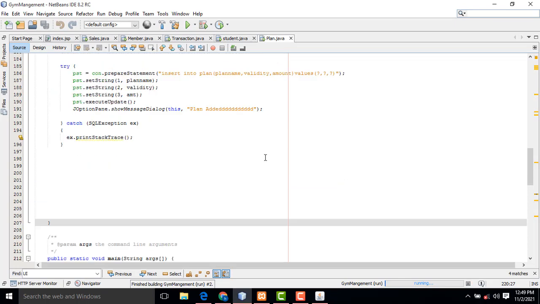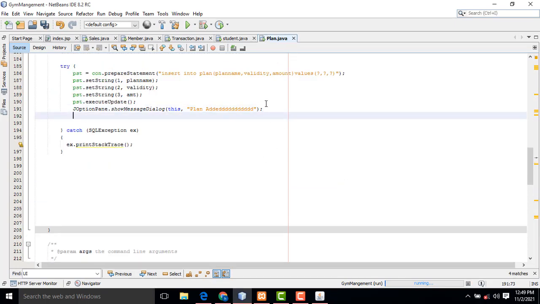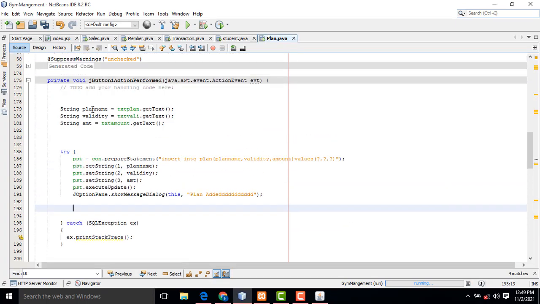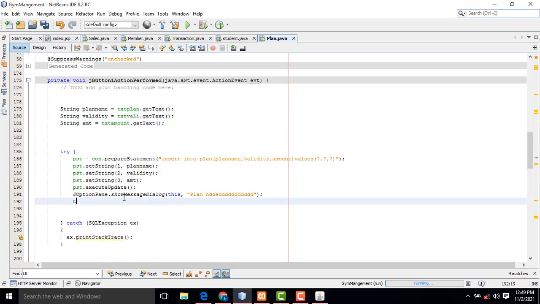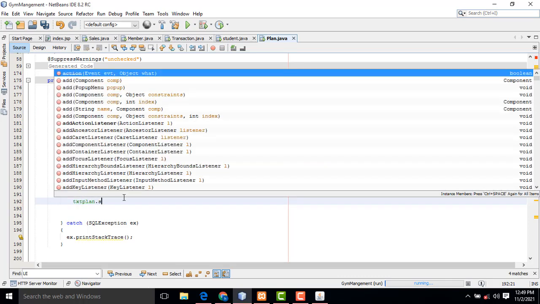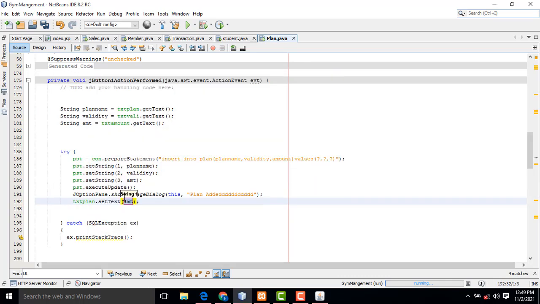After the plan is added I have to clear the fields. So how to clear them: for the same field, I just copy txt plan dot set text. You have to clear like this. The same thing, Control C to copy, Control V to paste over here.